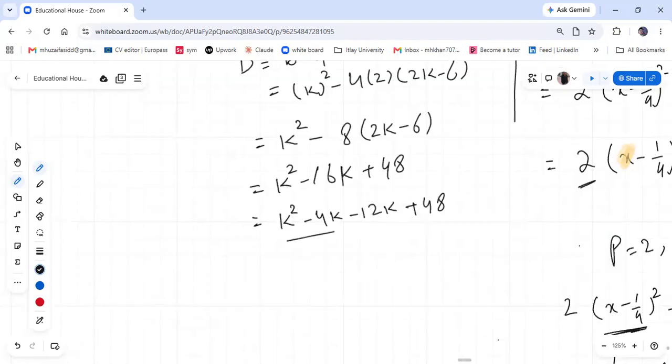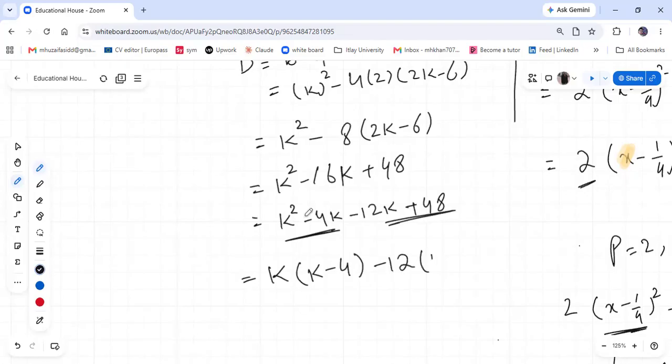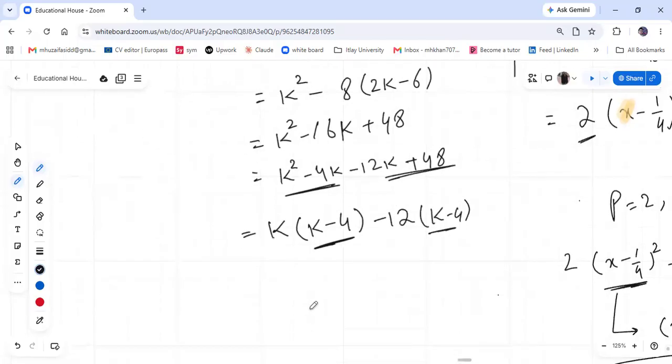So from here we take k common: k minus 4, and from here we take minus 12 common: k minus 4. So we take k minus 4 common, and this is k minus 12. So on behalf of this, we are writing